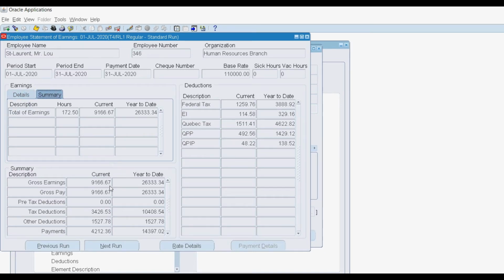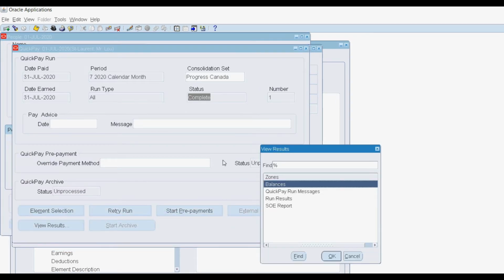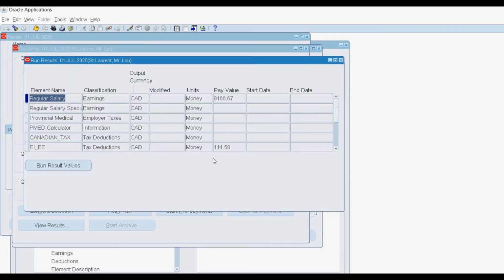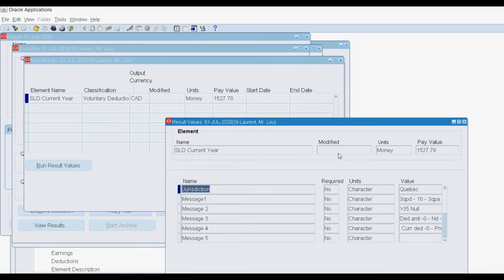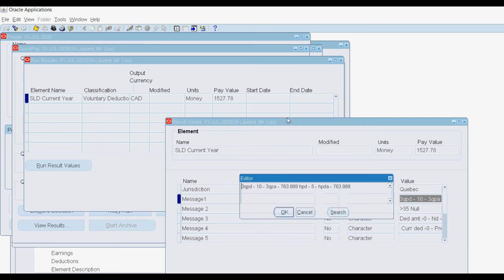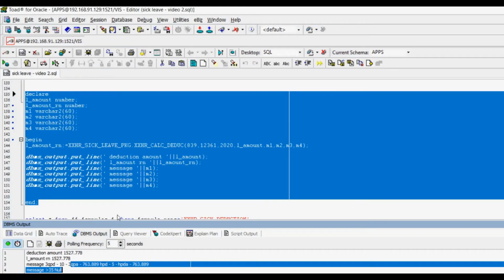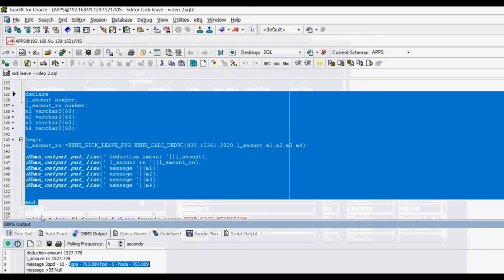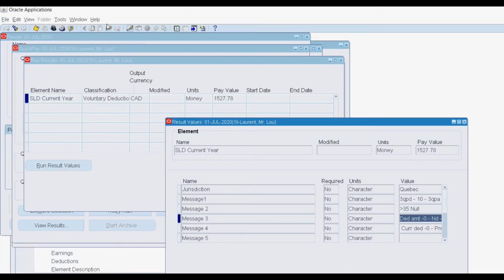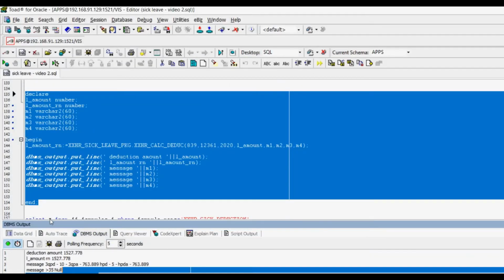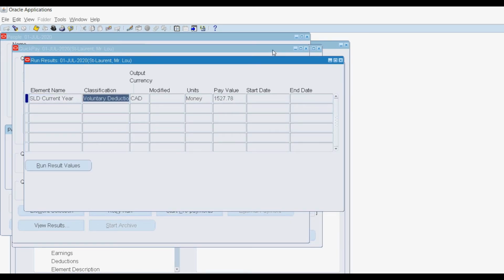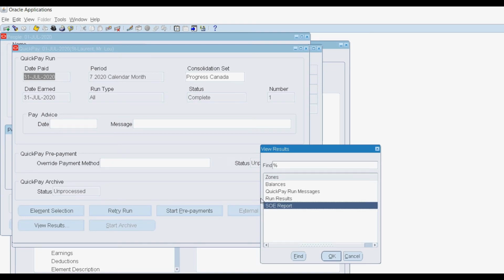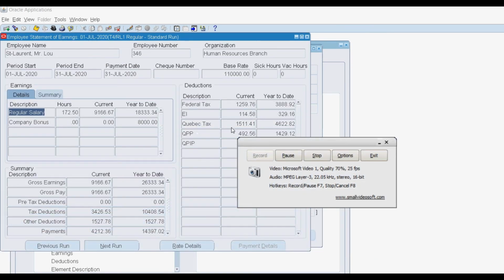Well, let me go through the run results instead of earnings. I'm going to query for my element. Yeah, I can see the element with the value. So I can see all the messages also got printed here. So we are able to see all our messages whichever we got from the PLSQL. All the messages are coming up here because we have passed the print to the fast formula, fast formula to the return formula results, and in turn it comes back as an input value to the element's run results. All right. So now we have seen how we can test this entire flow from the start till the end.